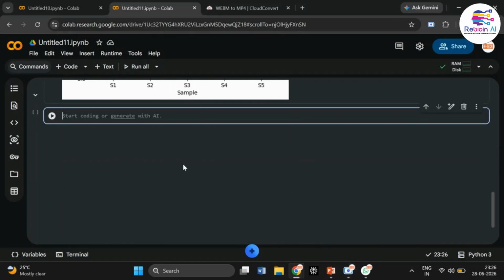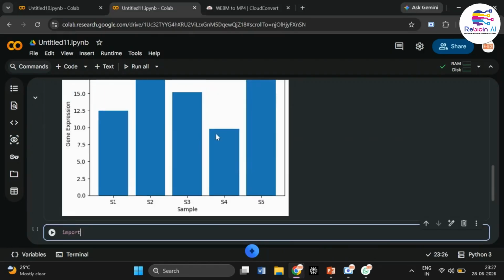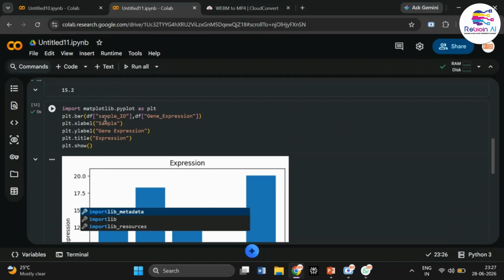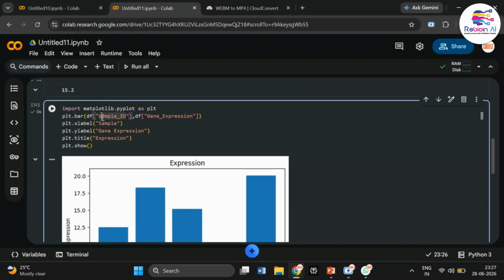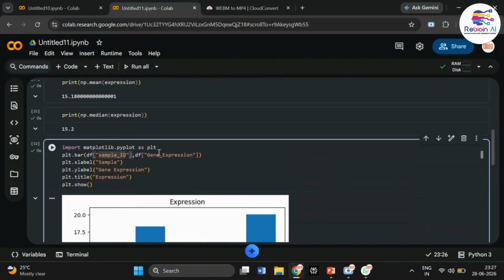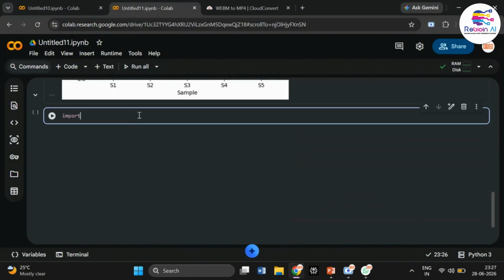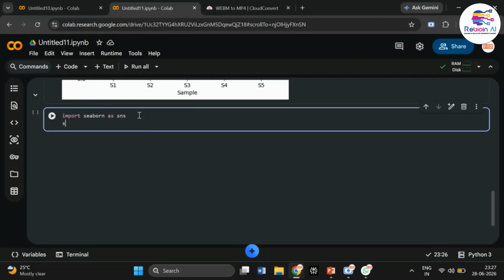So next we're going to use Seaborn. Firstly we have to import this. Just a small minor instruction issue, you'll get an error. Just look at this, I missed out sample, it was in small letter, I gave it in capital, so I couldn't get this. That's it. So let's import Seaborn as SNS. So this is the short form. So we want a